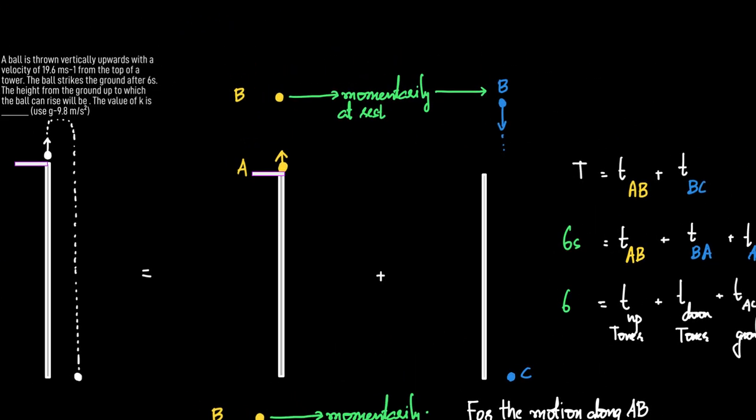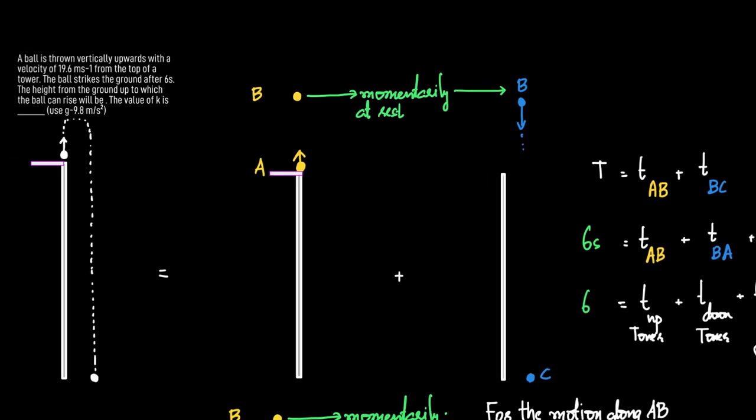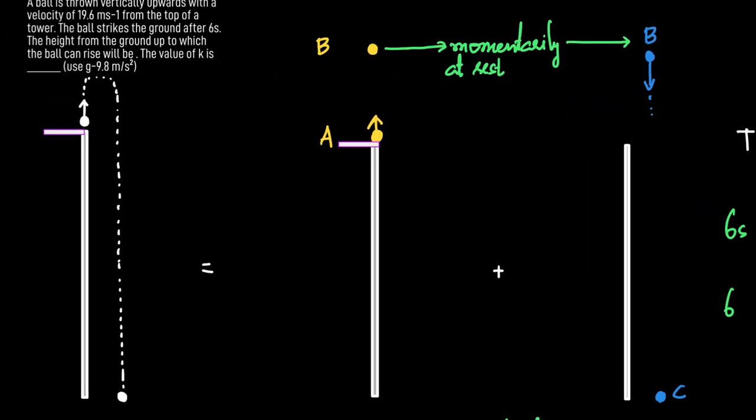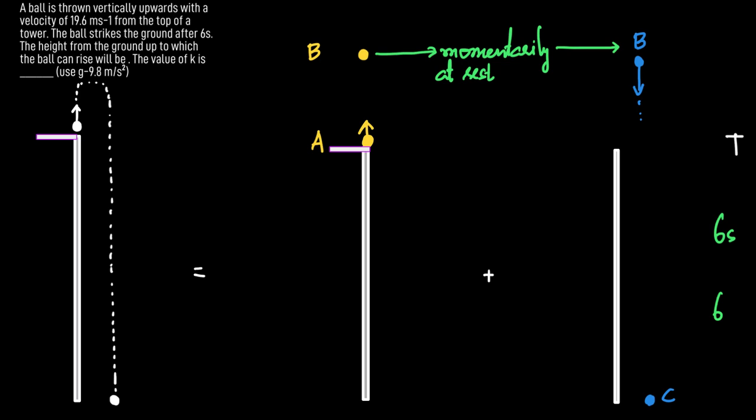Now, coming to the question here. We'll try to visualize this first. A ball is thrown vertically upwards with a velocity of 19.6 meters per second. Just mention that it is projected up with a velocity of 19.6 meters per second. The ball strikes the ground after 6 seconds. So the complete time taken to reach here is 6 seconds. The height from the ground up to which,